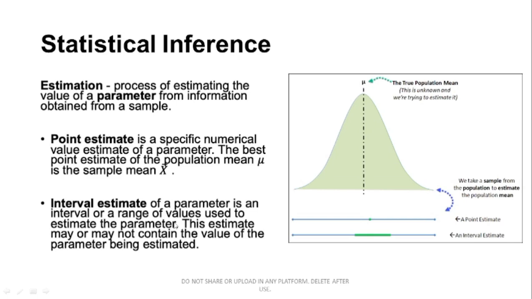Pero kapag kukuha ka ng sample, halimbawa, kukuha ka ng sample and from that sample, i-estimate mo kung ilan yung average income ng Filipino. So, that is estimate. Mag-estimate ka, magse-set ka ng value mo. So, we have two types, the point estimate. Oh, wait lang. Ang mga parameter pala na ina-estimate natin dito is yung mean. It can be the mean. I-estimate mo yung mean or yung average income, ganyan, mean, variance. So, you are estimating these parameters, mean, variance, ano pa, standard deviation, ganyan.